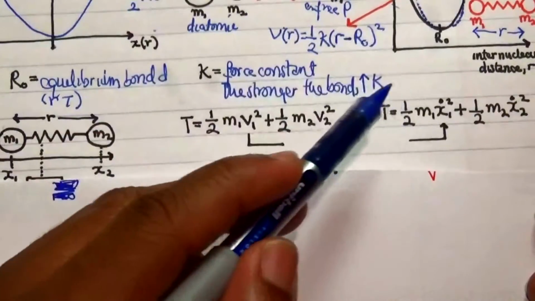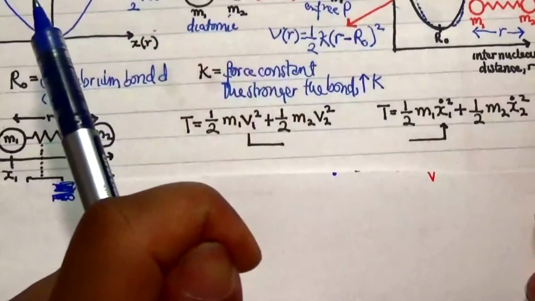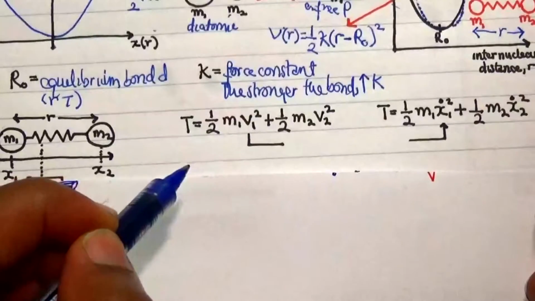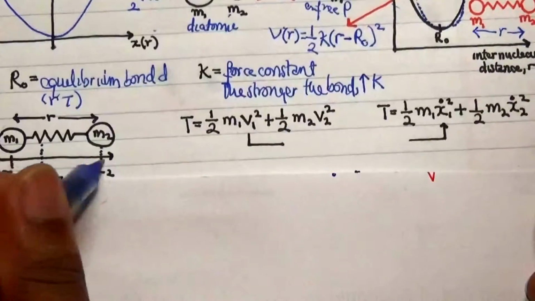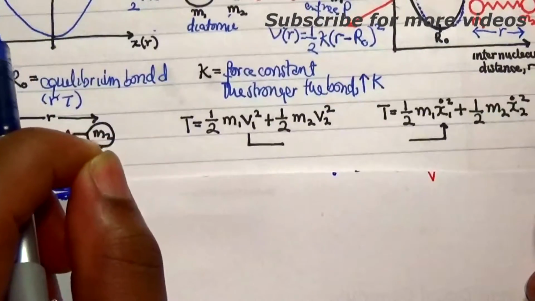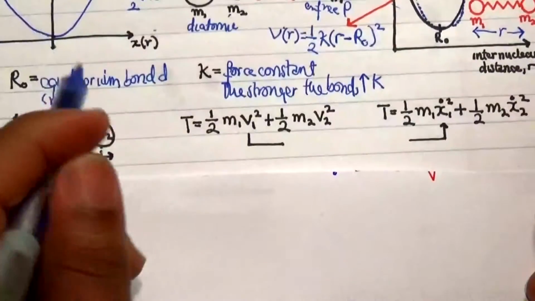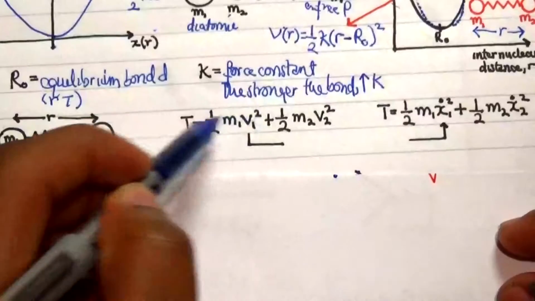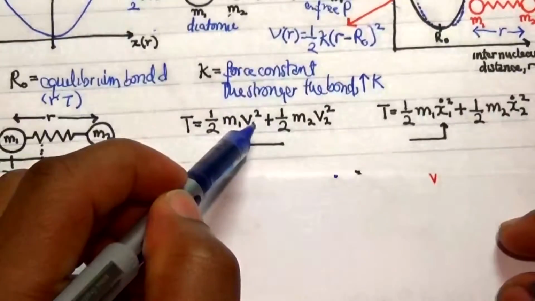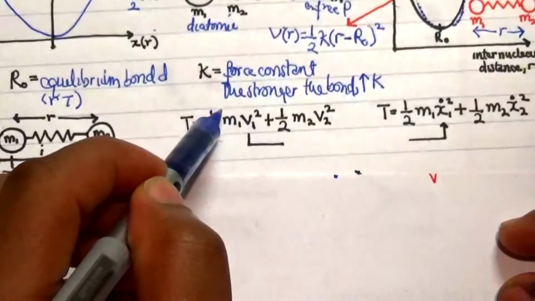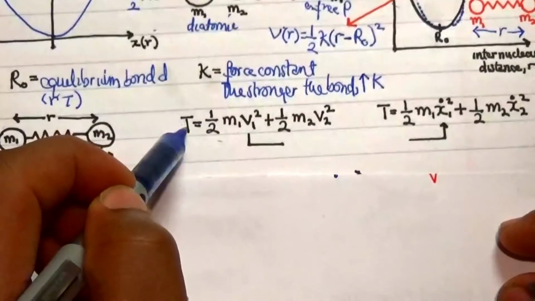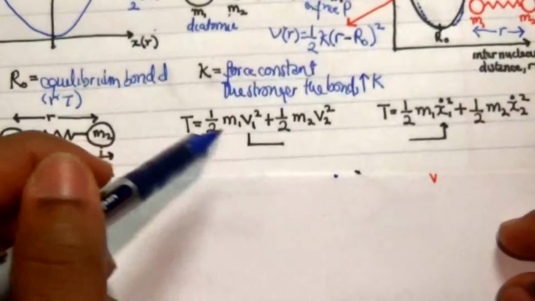So this is actually reduced into two one-body problems, which requires first the consideration of two masses to only move along the x-axis as shown here, and then secondly we also take into account the classical kinetics of this two-particle system, which is represented as this formula over here, where we have mass 1 which has its own velocity moving in the x-axis here, v1 squared, and this is the kinetic energy for mass 1 and this is the kinetic energy for mass 2, and this total represents the kinetic energy of this whole molecule in, I would say,